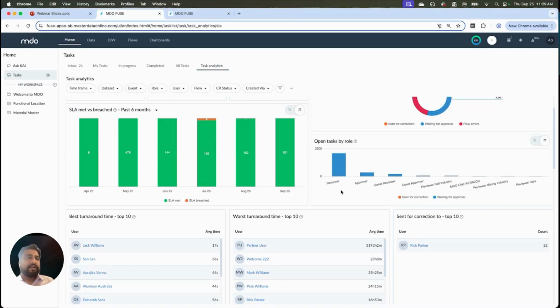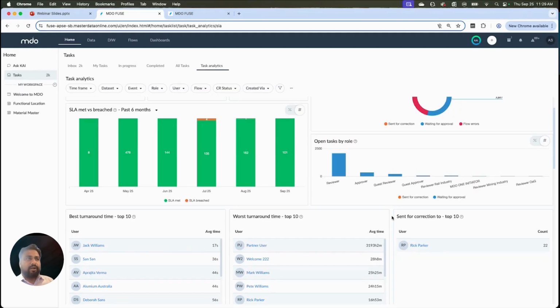So that gives us an insight that probably there is a sudden influx of records of the change requests happening from a reviewer perspective. Probably that's where we need to put more effort and focus, so that this doesn't become an SLA breach process and doesn't land into escalations. So this graph gives you a real-time view of how different roles are performing, how many tasks they have, and where more focus or more resourcing is required.